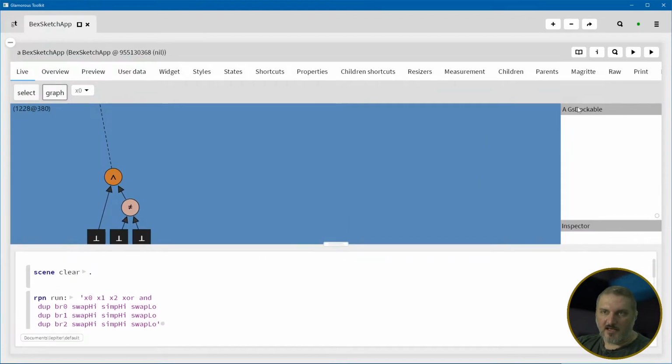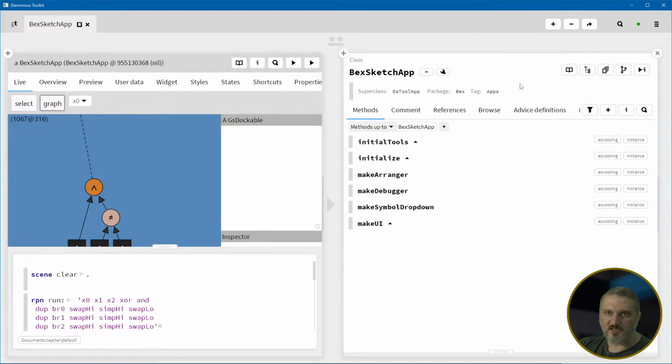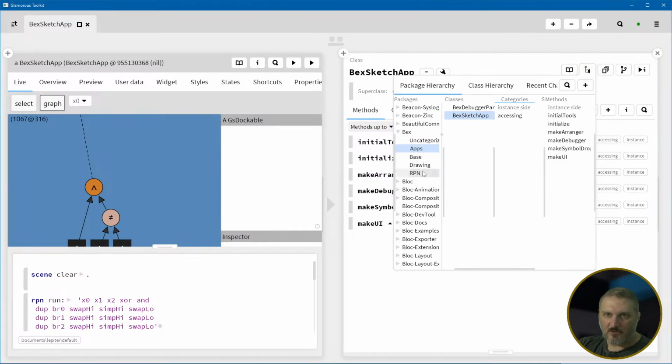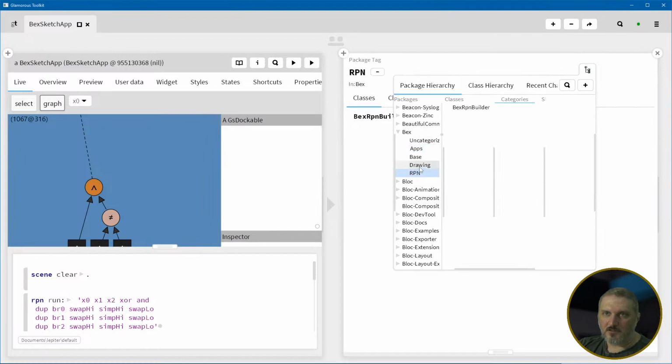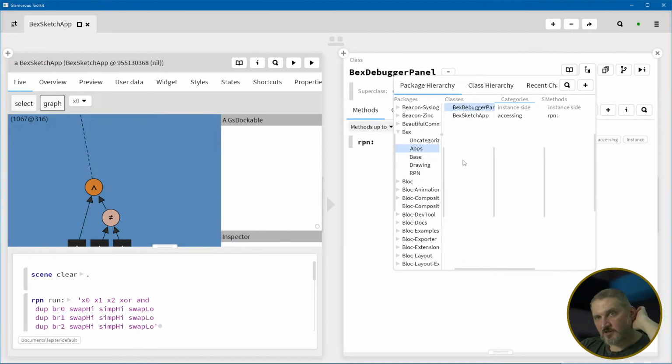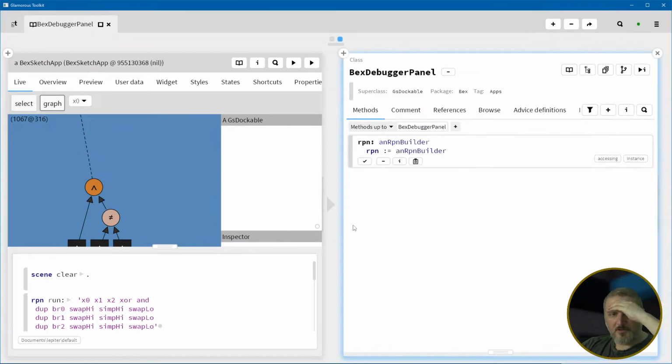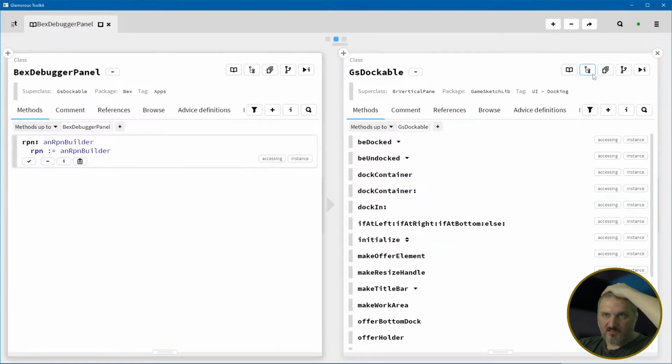Okay. And now we have a GS dockable here, which is actually our RPN panel. So I'm going to, how do I do this? I can just browse anything and then change from here. I go to Bex, Bex debugger panel, the one I just made. That's what I want, and it is our RPN builder. If I click on this, I can see other things that are in here, but I think all I need to see is